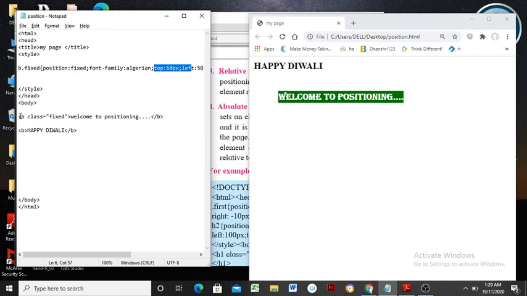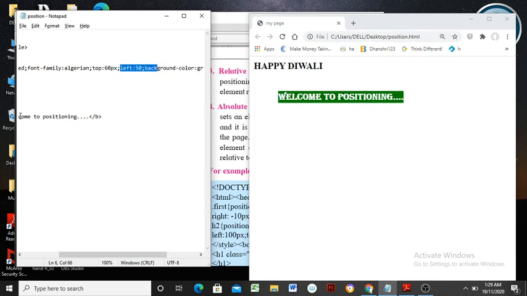It is fixed by leaving a space of 60 pixels. Then left equal to 50. So it's nothing but leaving a space of 50 pixels at the left hand side and 60 pixels on top. Such a text will be displayed.